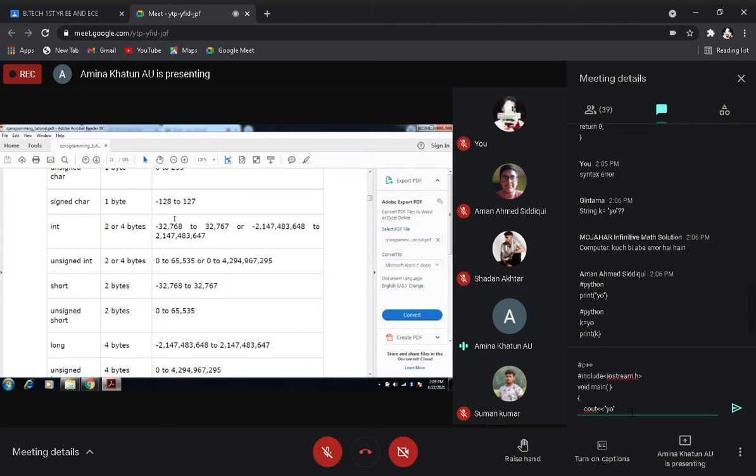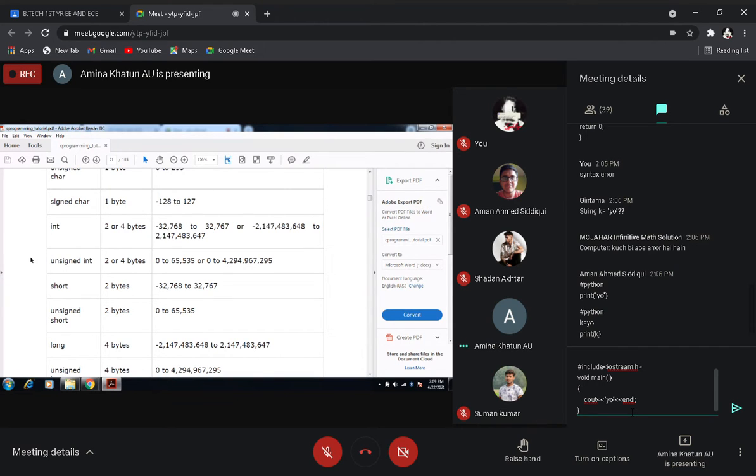That is why it is called a signed data type. And if you do not use any sign, that means it is a positive number. Suppose 500, so this is an unsigned data type. Unsigned data type means if you are not putting a sign, it is a positive number.